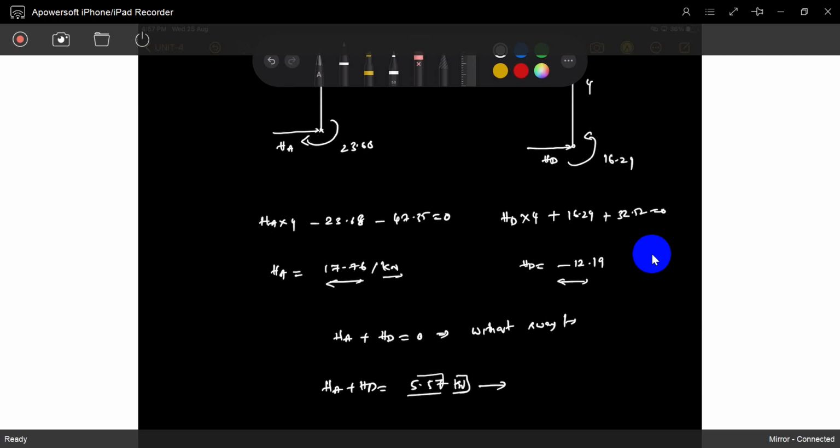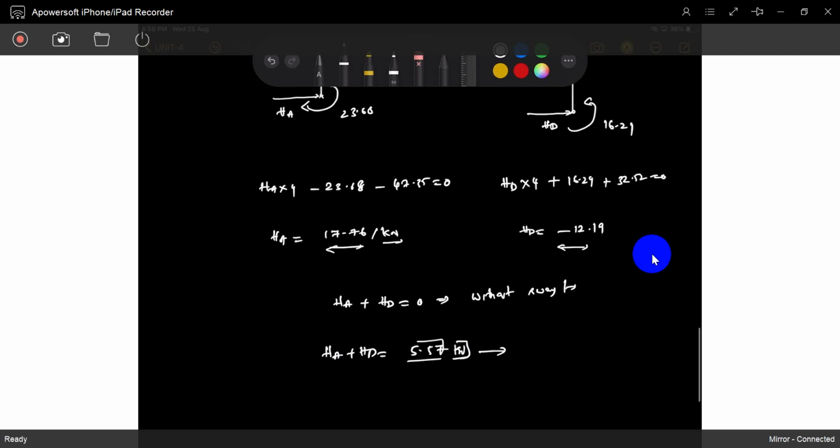We have to take care of this sway, and by this way we will get other moments, sway moments. By this way, the system of AB and CD has some sway shifting. Sway means some supports are settled, they are traveling some distance. By that, 6EI delta by L square extra moments will develop. So we have to consider those moments also in the system. Then only we will design the frames. Without knowing the moments we can't. Okay, so now you can see 5.57.